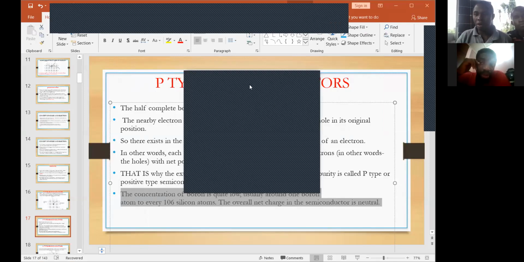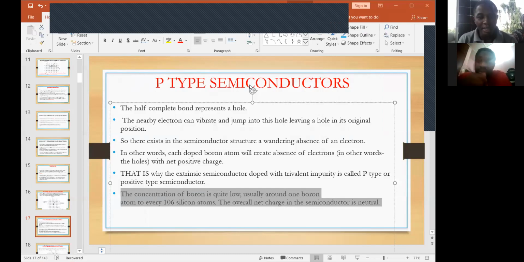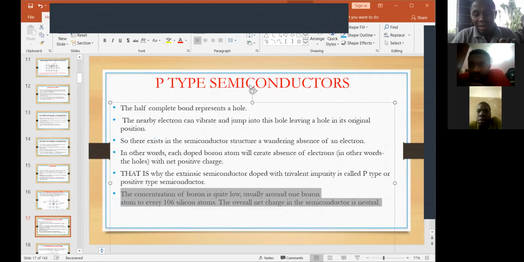Welcome. No problem. What we are saying is that the concentration of boron is actually low. That means that adding boron directly to silicon is a lot of work. According to Avogadro's law, there are about 10 raised to power 23 atoms in 1 mole, so we have a lot of atoms. So by the time you keep adding borons to it,